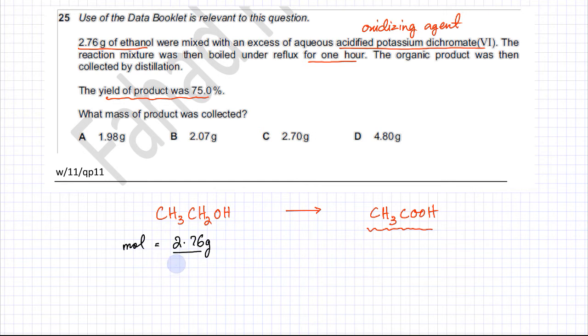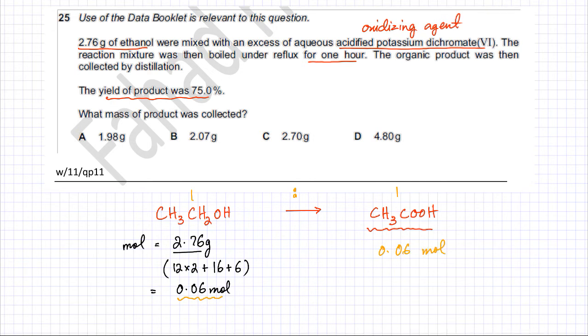2 carbons, so that's 12 times 2, plus there is 1 oxygen, so that's 16, plus there are a total of 6 hydrogens. So this would be equal to 46. Using my calculator, 2.76 divided by 46 would be 0.06 moles. The ratio of the reactant and the product is 1:1. One ethanol produces 1 ethanoic acid. So if you have 0.06 moles of ethanol, theoretically it's going to produce 0.06 moles of